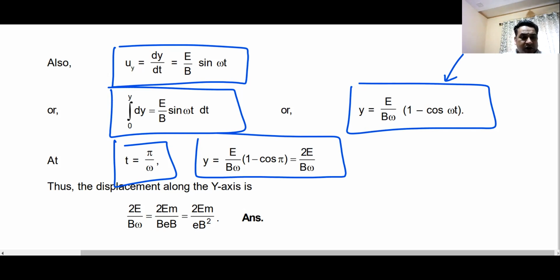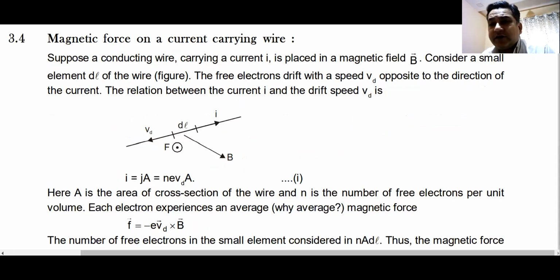Yes, sir. So this was all about the motion of a charged particle in an electric field or a magnetic field. We have combined everything. We started with the electric field. What can the electric field do? Again, just a recap. Electric field can change the magnitude of velocity. It can also change the direction of velocity. Magnetic field can only change the direction of velocity.